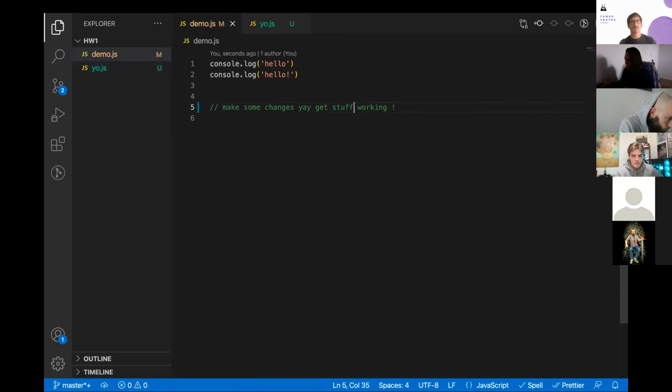So this is all saved to VS Code. Saving to VS Code has nothing to do with Git and GitHub. I just need to make sure everything's saved. But maybe I get to a point where I want this to go up to GitHub, because it's almost like I want to save my work to the cloud. So if you want to save your work to the cloud instead of just VS Code,